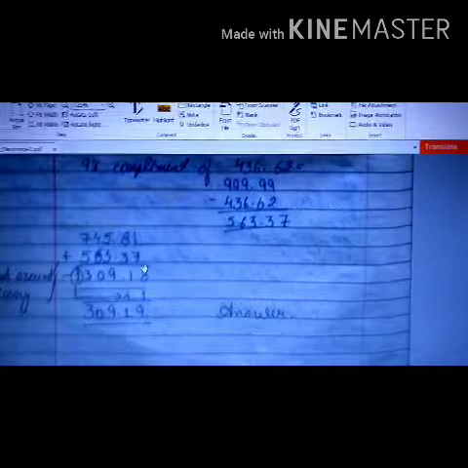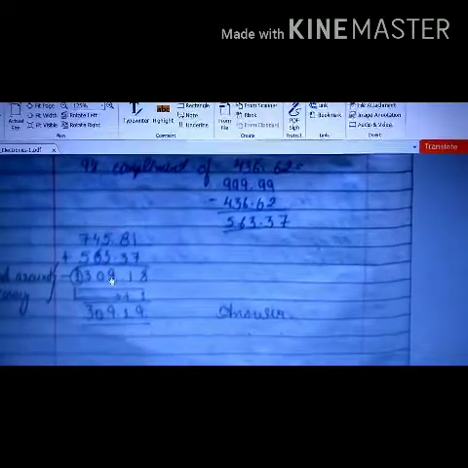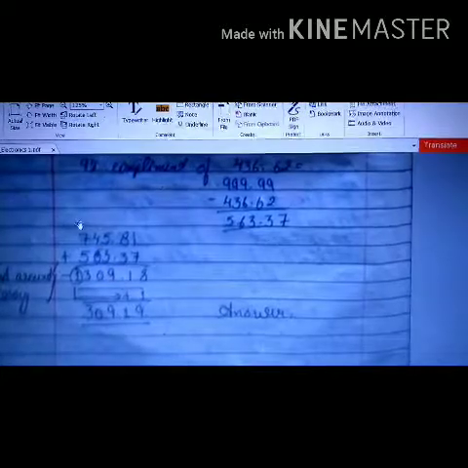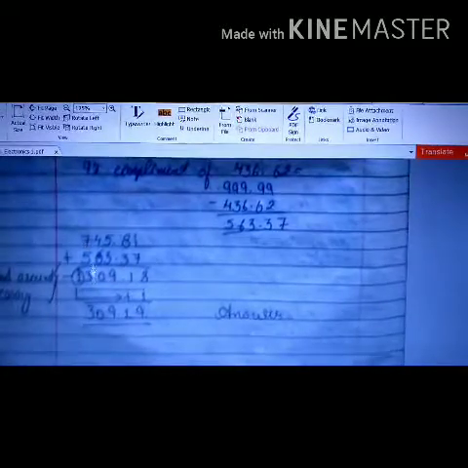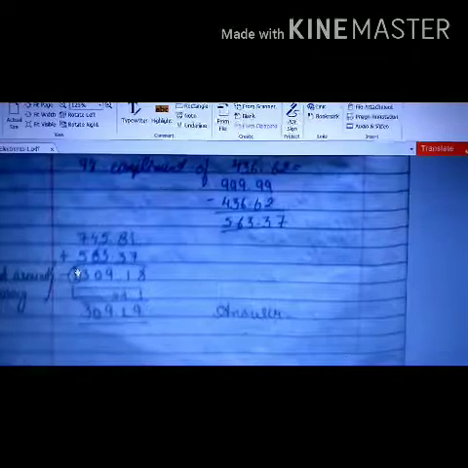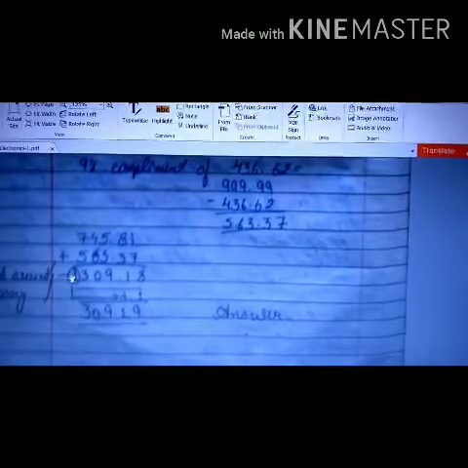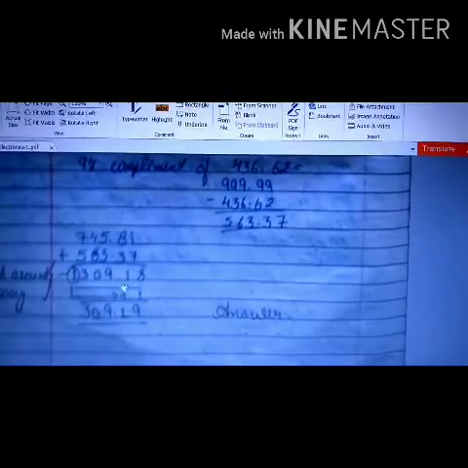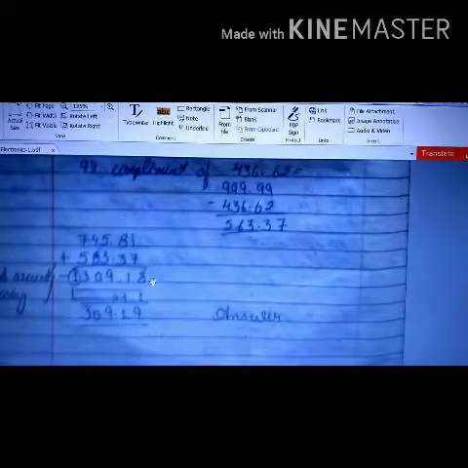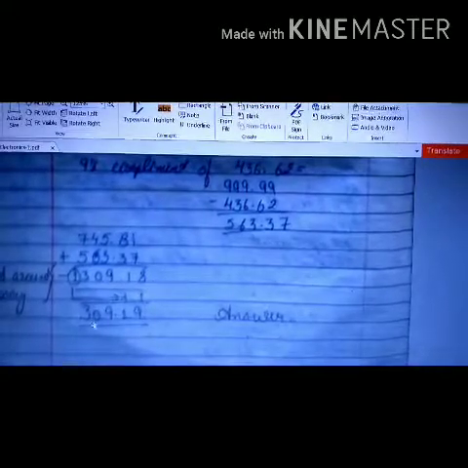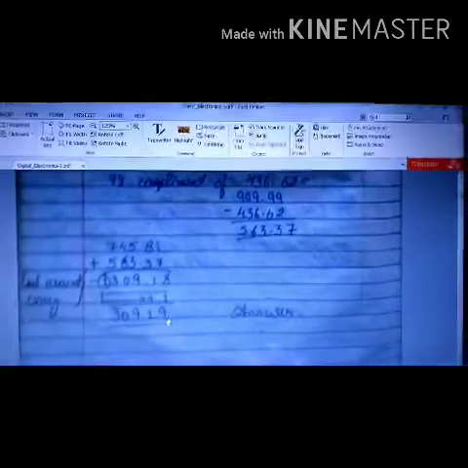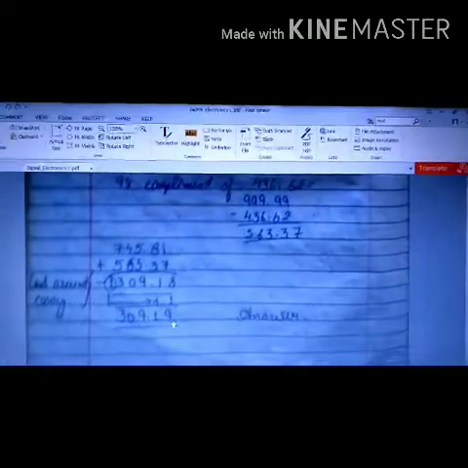It will be 8, 11, 1 and 1 carry, 5 plus 3 is 8 and 1 carry 9, 6 plus 4 is 10, 0 and 1, 7 plus 5 is 12 and 1 carry, 13, 3 and 1 is the carry. Okay, now this is the end around carry and it will be added to the least significant digit, which is 8 in this case, and this will be my final answer. Okay, now